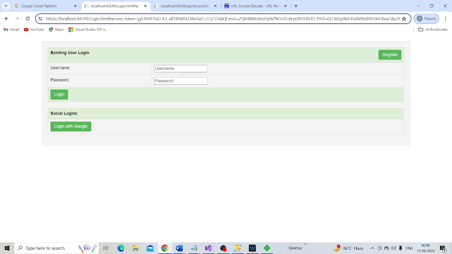And within the URL, we have other query string parameters as well, token type, expires in, etc. We don't need all those query string parameters. We just need the access token value, which ends here.